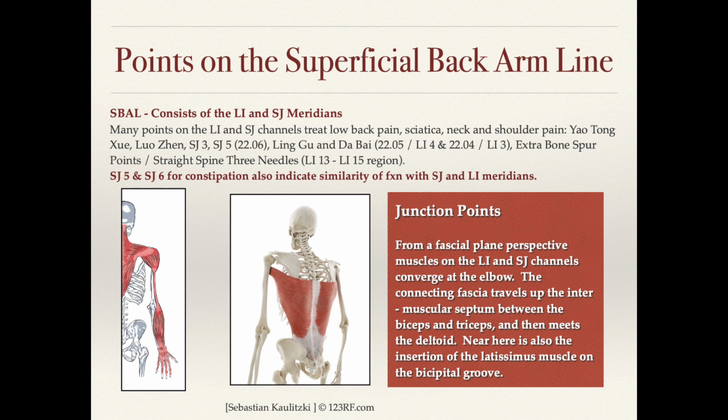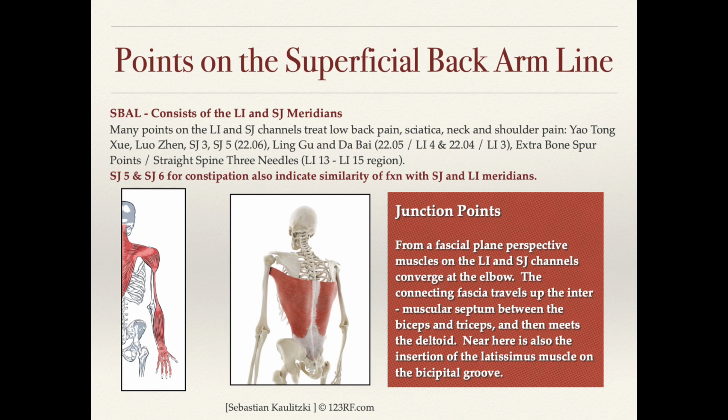It says junction points. From a fascial plane perspective, muscles on the large intestine and jiao channels converge at the elbow. The connecting fascia travels up the inner muscular septum between the biceps and triceps and then meets the deltoid. Near here is also the insertion of the latissimus muscle on the bicep groove. So the muscles of the forearm on the yang side converge into the area of Li11. And then from there, we've got a fascial tract that runs from the elbow up to the deltoid. And you can see in the image that this is just a thin tract here that is between the